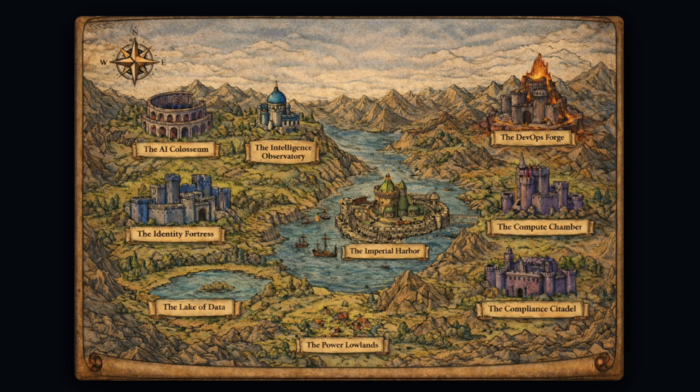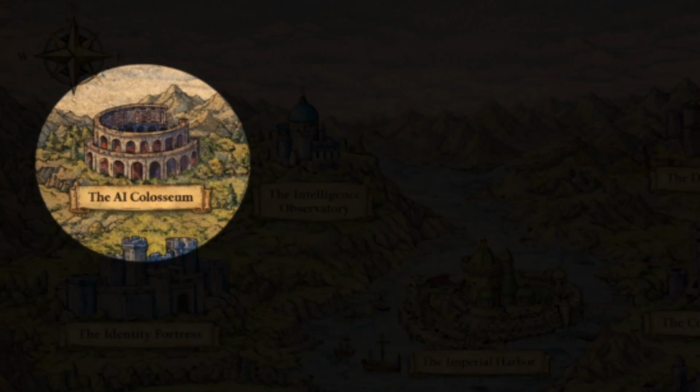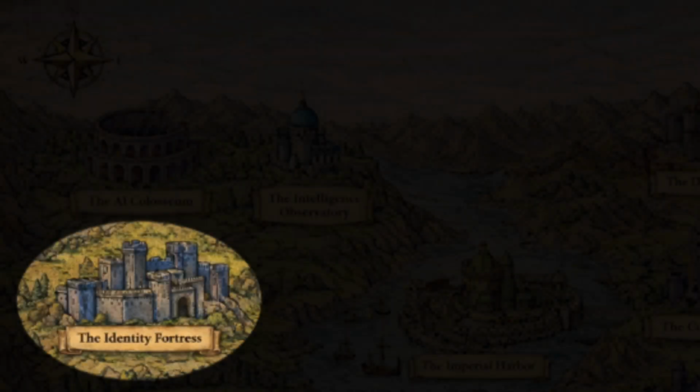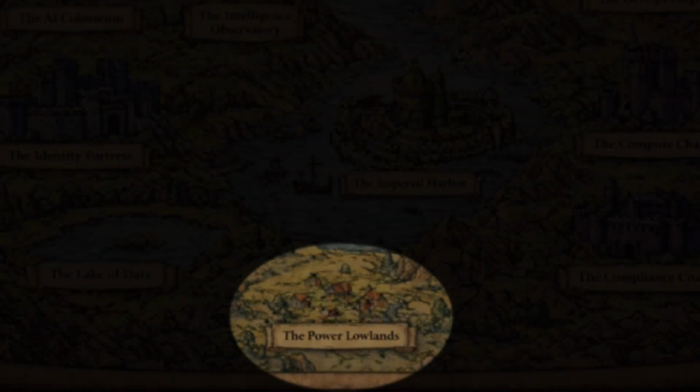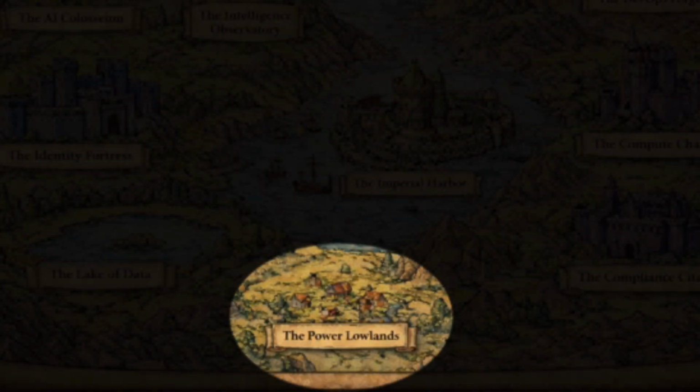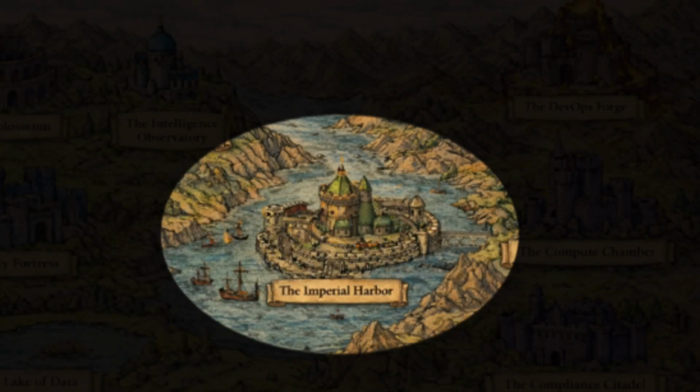Just a few of the more essential ones are the AI Coliseum, which covers tools helpful for deploying AI models, the Identity Fortress, which includes tools that help you control access to your apps and resources, the Power Lowlands, which includes low and no-code tools, and the Imperial Harbor, which will help you connect your tool to networks, data sources,